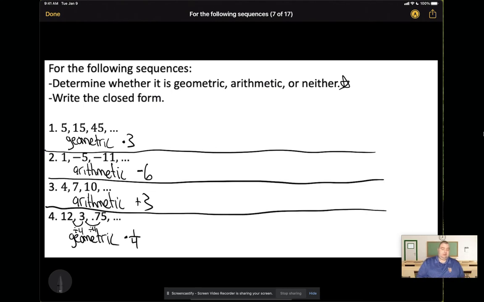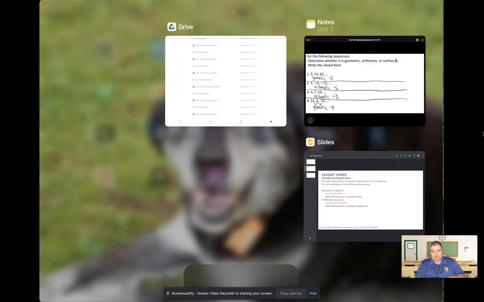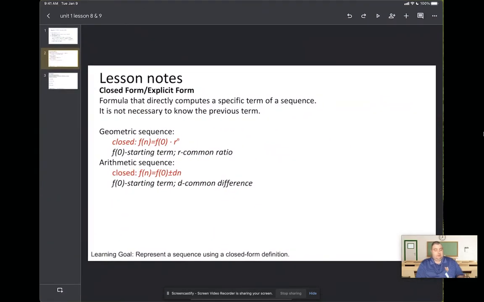So let's take a look. Let's actually go ahead and do the geometric ones first. So let's take a look at number 1. And what I want to do first is go back and take a quick look at the lesson notes. And what we're going to do is rewrite the formula